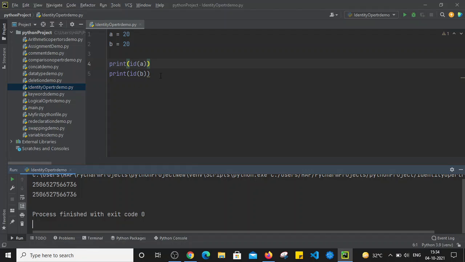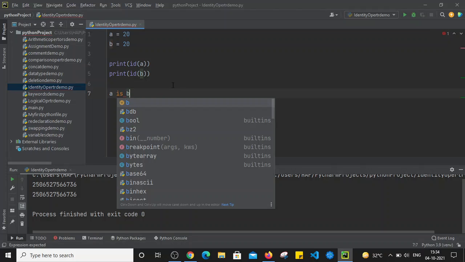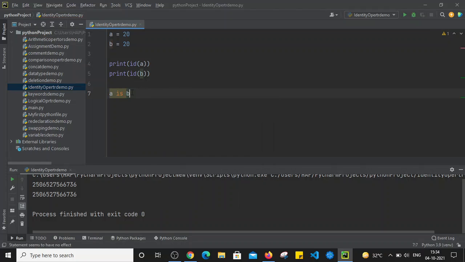So in that case, we have seen that if I use a statement like a is b, this statement will compare whether the identity of a and the identity of b is the same or not. If the identity of a and the identity of b is the same, then this statement is going to return the value as true, and if it is not the same, then it will return the value as false.